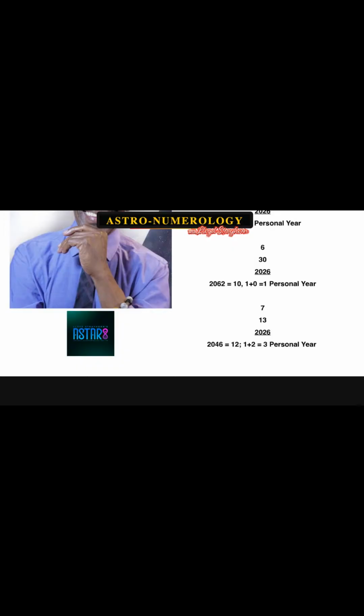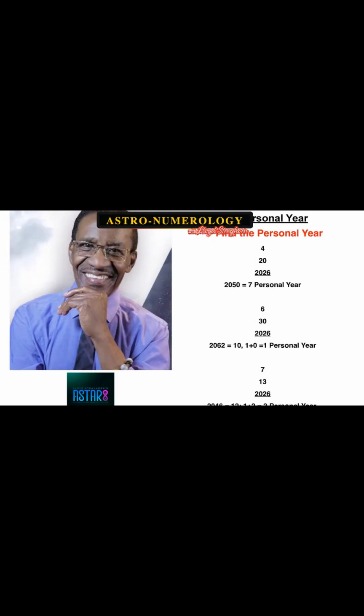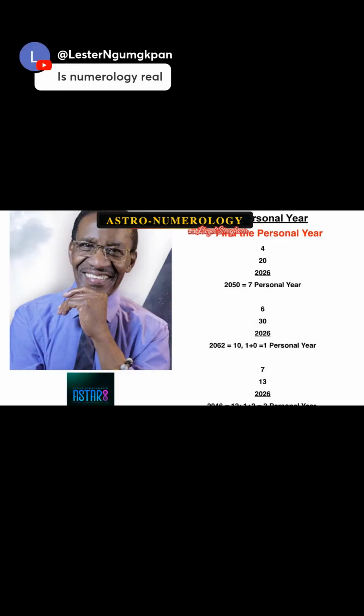But what I'm going to do is, for those of you who happen to be viewing this, just take your month and day and substitute the year that you want to know about for 2026. Or you can get excited and try any other year. So I'm going to start with all the cycles from 1 to 9, including 11 and 22 also, if they should occur. If you happen to be in a one personal year,